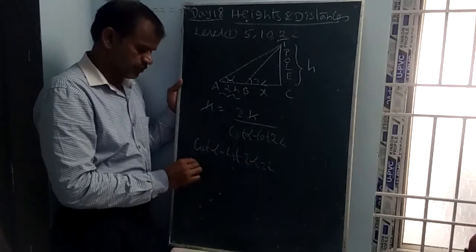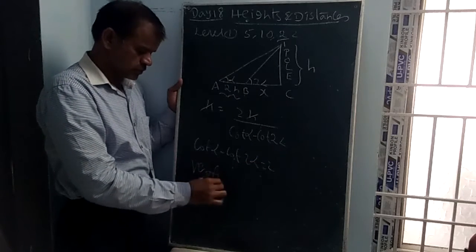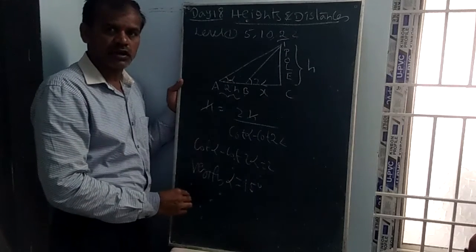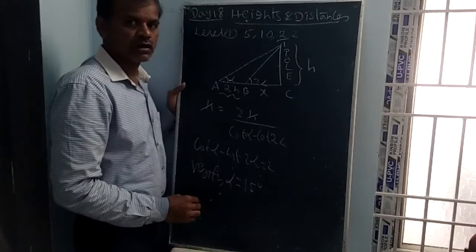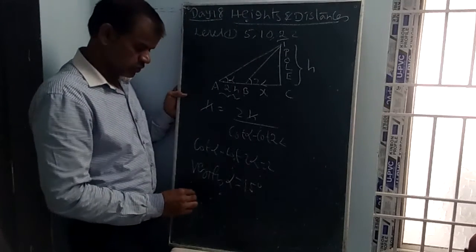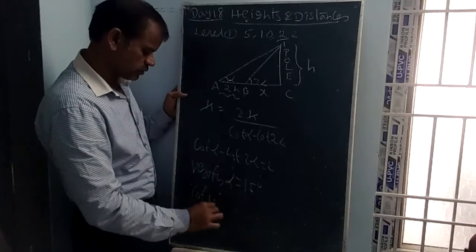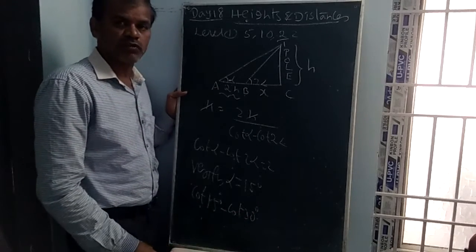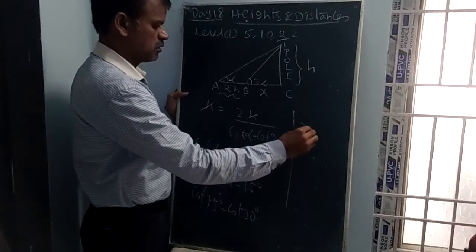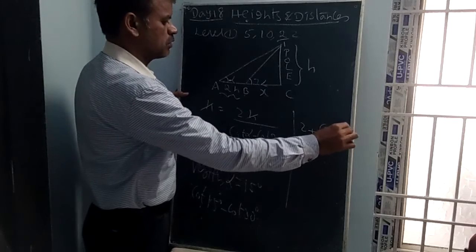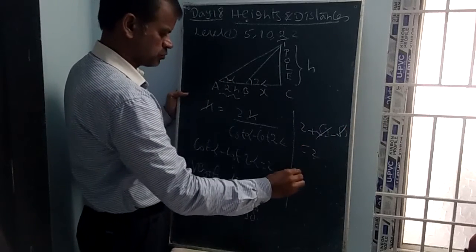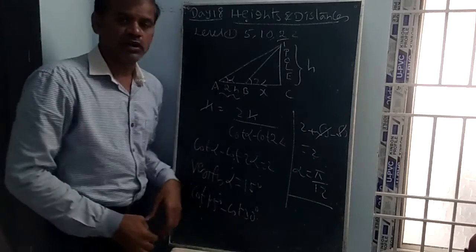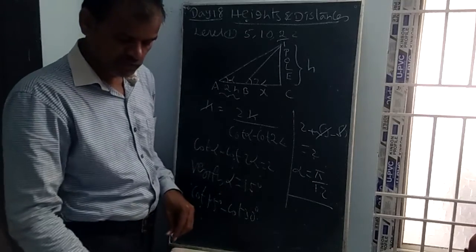Let us verify the option. Alpha is equal to 15 degrees. Then you can write cot 15 minus cot 30. Let us verify the value. Cot 15 degrees value is 2 plus root 3, and cot 30 value is simply root 3, root 3 gets cancelled, giving 2. So verified, alpha is equal to 15 degrees. 15 degrees can be converted into radians as pi by 12. Option 1 is the right answer.